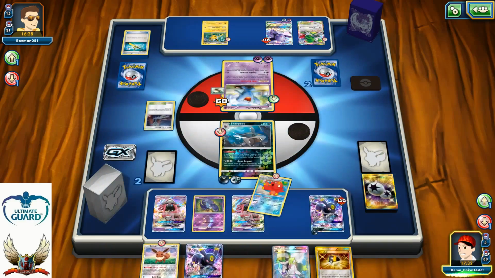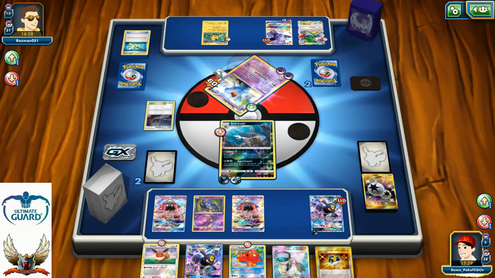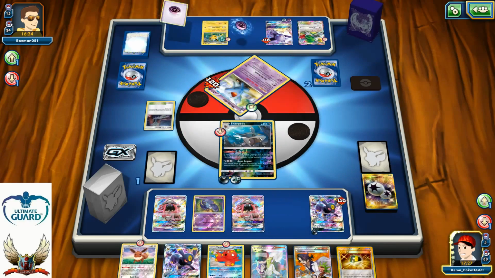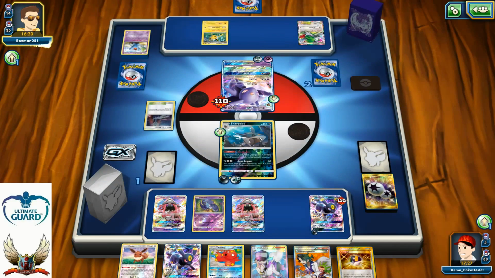Come on, that's the knockout. I mean, Aqua Impact for the knockout. It all depends on the top deck. He just needs a top deck, and that's all. I mean, I'm running 3 V Seekers, 1 Lysander. I wish I had 1 extra Lysander for the knockout, but I don't. And yeah, he can't even knock out my Sharpedo because he has...